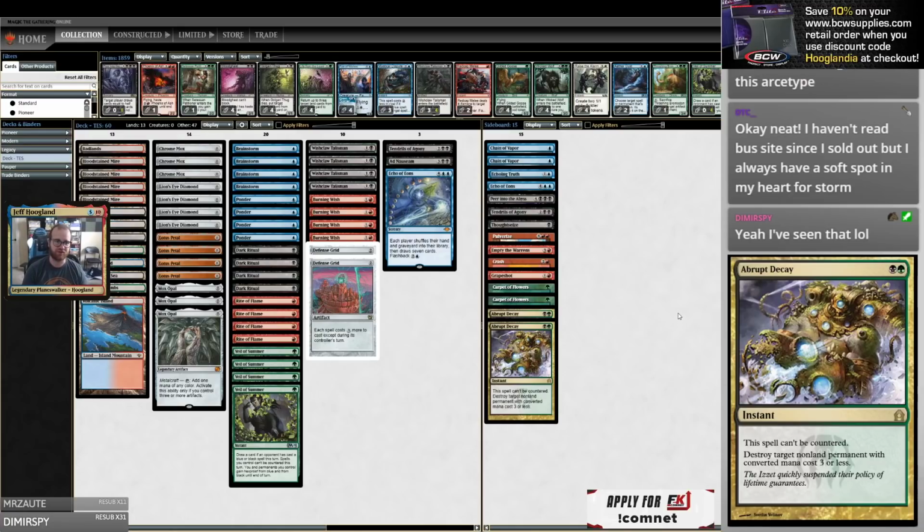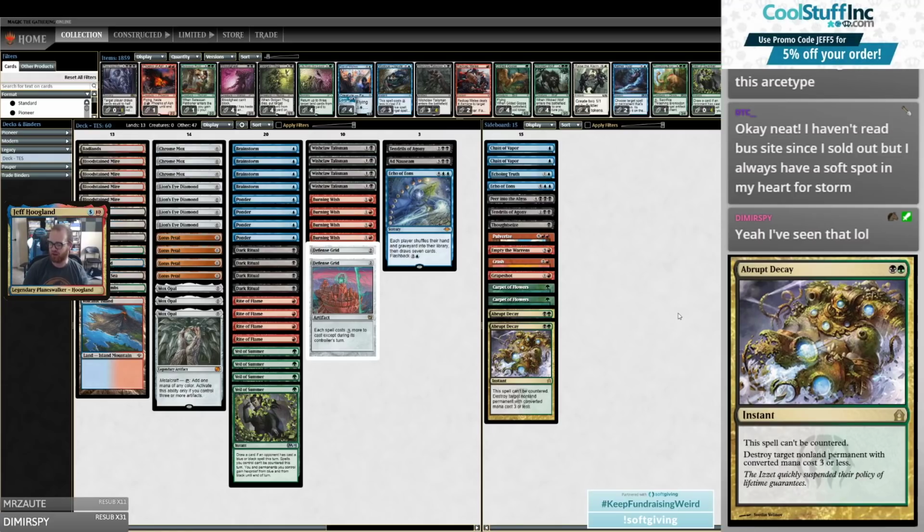All right, let's dive in. So this is TESS, which stands for the Epic Storm. I'm gonna link something in chat here. This is